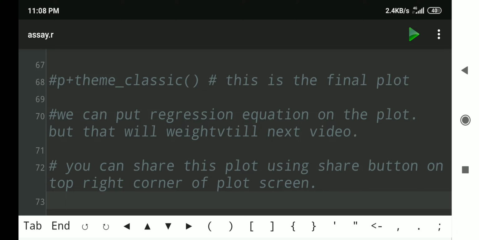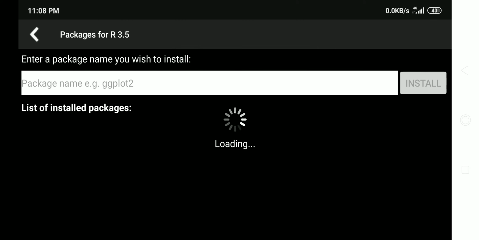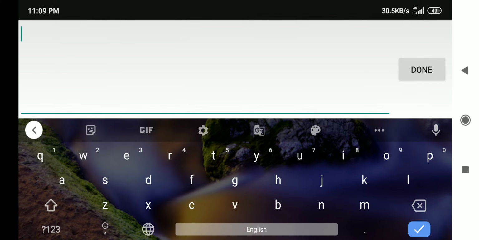And now we'll go to menu, look for the upgrade button, and upgrade the R compiler version to paid version. And for that you will require around 360 rupees to pay, and online payment is possible for that. Upgrade that to paid version, and then go to packages. In the menu only packages is there. In the packages type ggplot2 to install the package ggplot2.